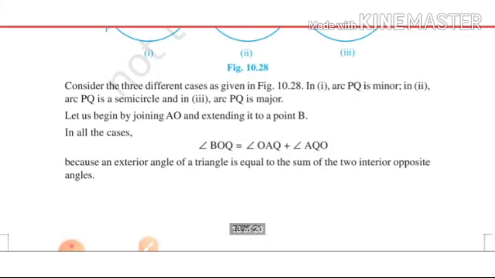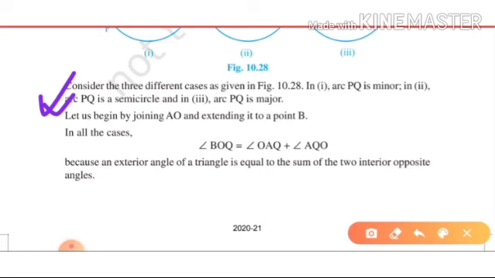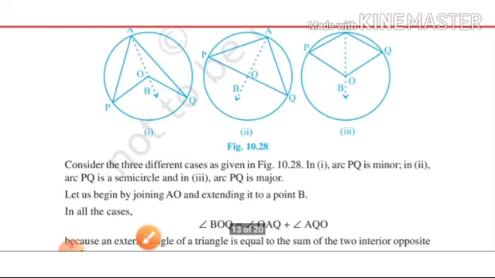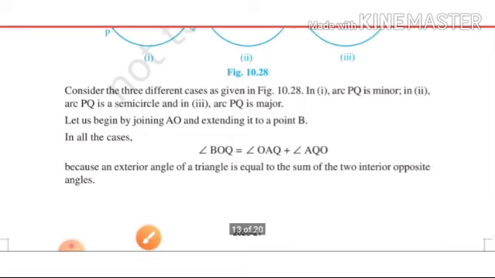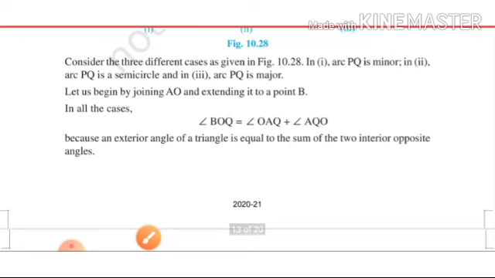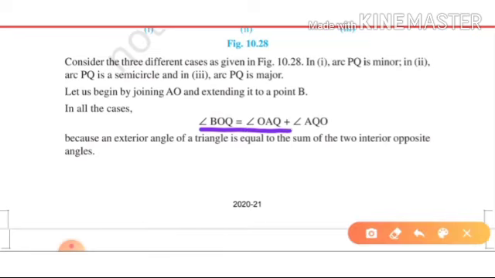So they have considered, you have to write like this, three different cases: where PQ is the minor arc, PQ is a semicircle, and PQ is the major arc. Okay, there are three cases. Here PQ is the minor arc, here PQ is the semicircle, and here PQ is the major arc. Now in all the cases, if you see, this BOQ is equal to OAQ and